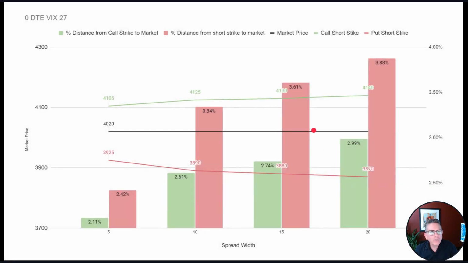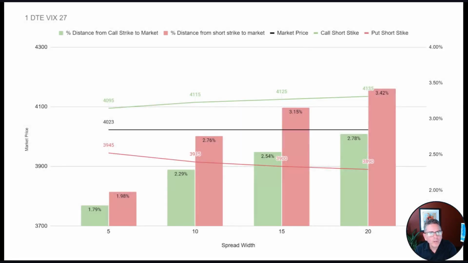So you can see here, this is a 27 VIX, and you can see quite a bit of difference from what we did on the 22 VIX, right? So much further away, and I've traded in all of these types of markets, and it's the same thing. So again, the probability of these types of trades, even if you take losses on them, eventually it'll come through. And I'll show you the